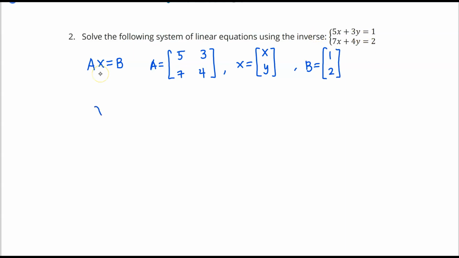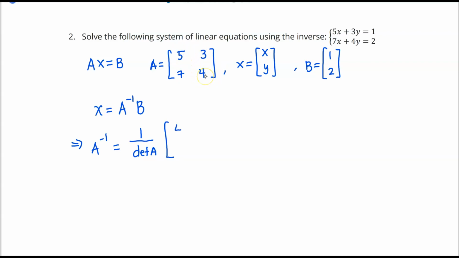Now, to solve this, X is just equal to A inverse times B. That means we need to compute first for the inverse of the matrix A. Let's compute for A inverse first. A inverse has the formula 1 over the determinant of A times the matrix formed by interchanging the diagonal entries